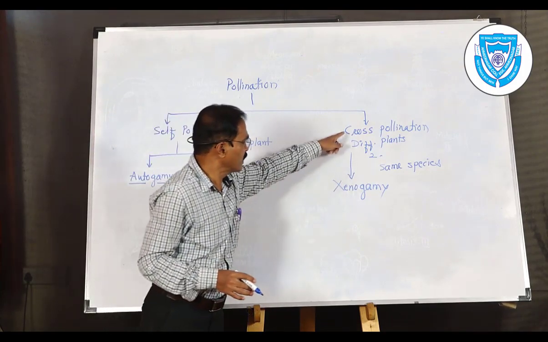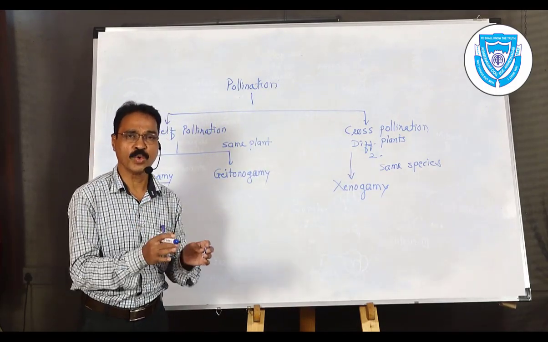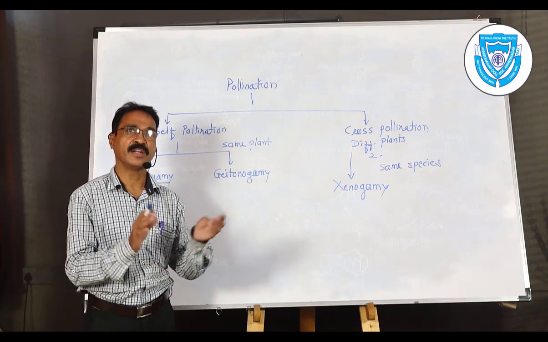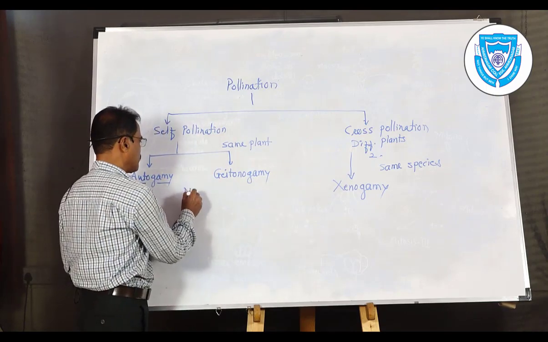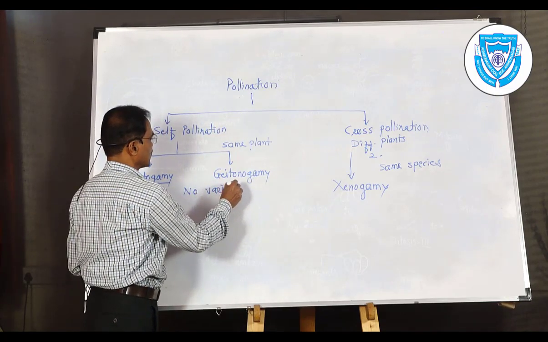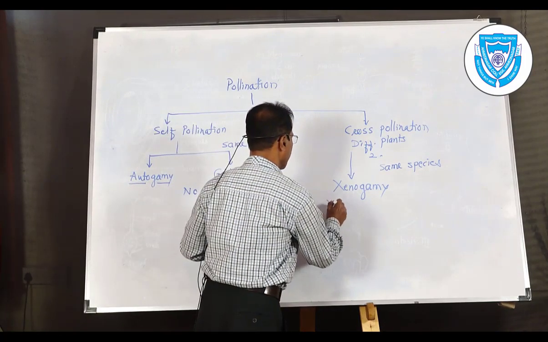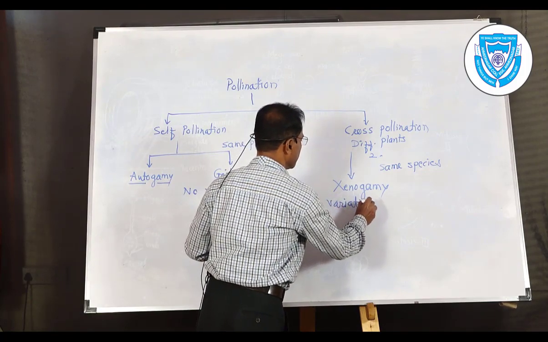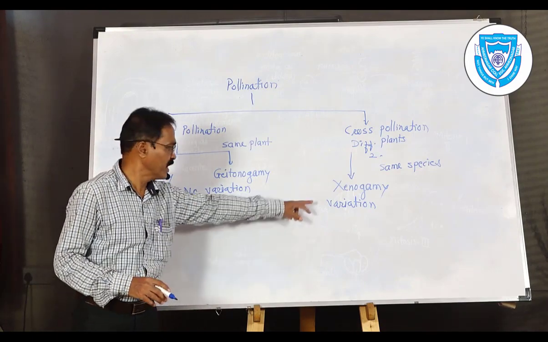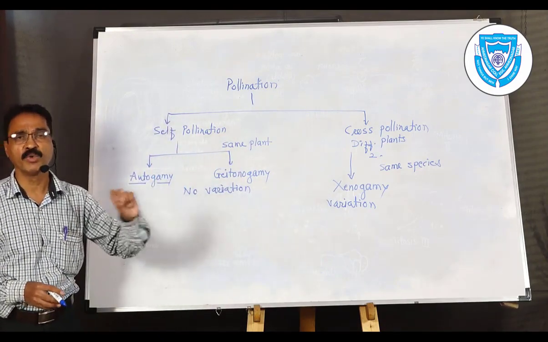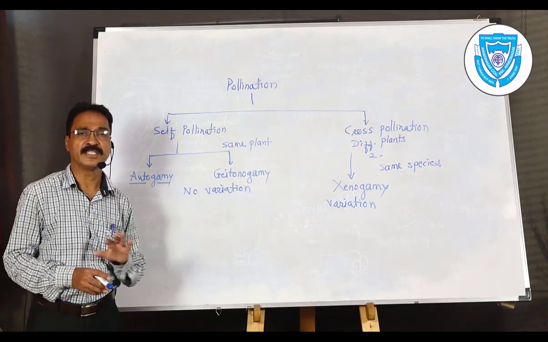But in cross-pollination, as I told before, the characters shown in the offspring or the next generation are different, which means variation takes place. So here, no variation: in self-pollination, variation cannot be found, while in cross-pollination, variation takes place. As you know, variation is a very important step for evolution. If variation takes place, then and only then is evolution possible. But when there is no variation, evolution is totally not possible.